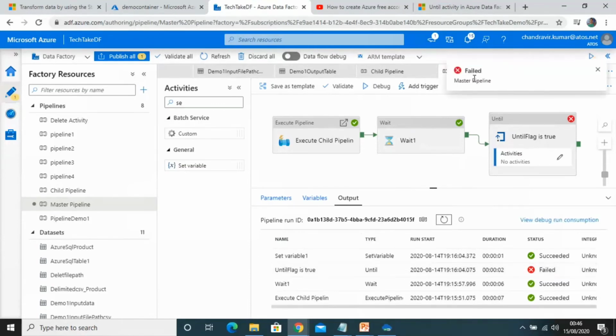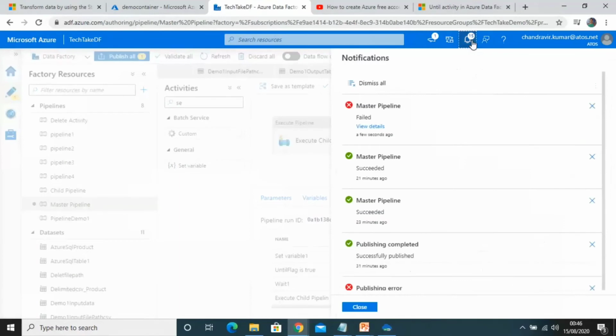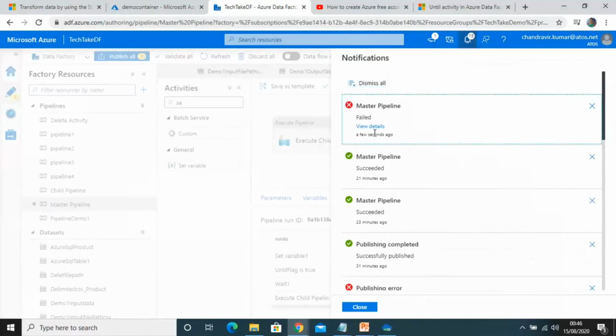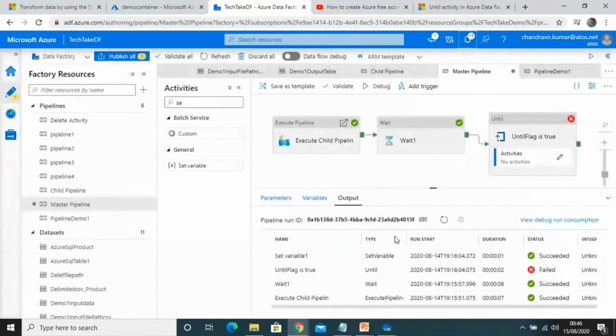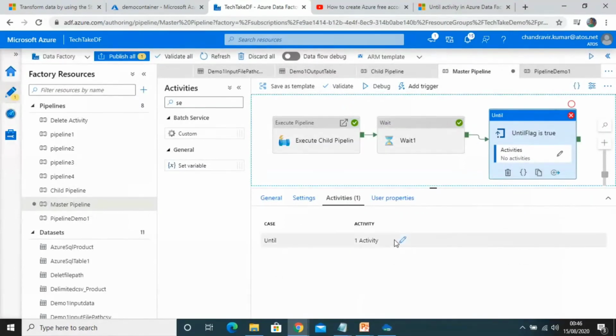Okay, we can see the errors, why it failed here. If you look at the output window, you can find the error details on why it failed. Or in the notification window you can also find the failure reason. If you want to see more, click view details and you will find the errors. So I know why it failed.